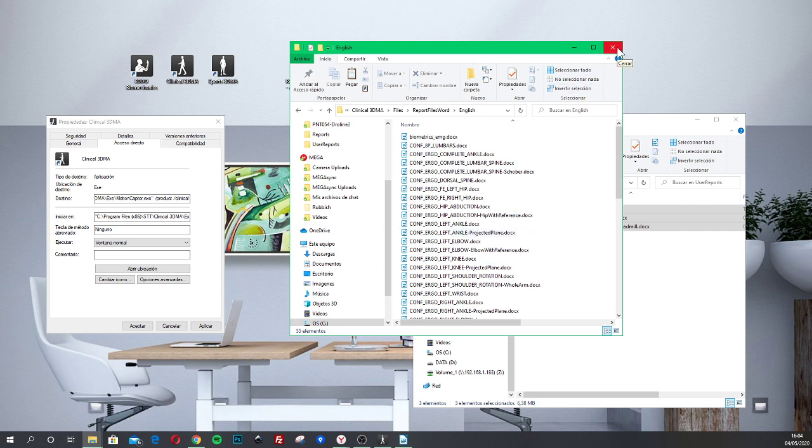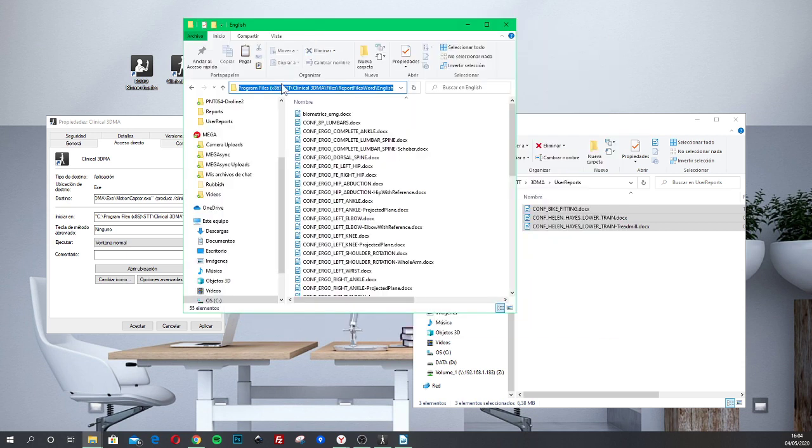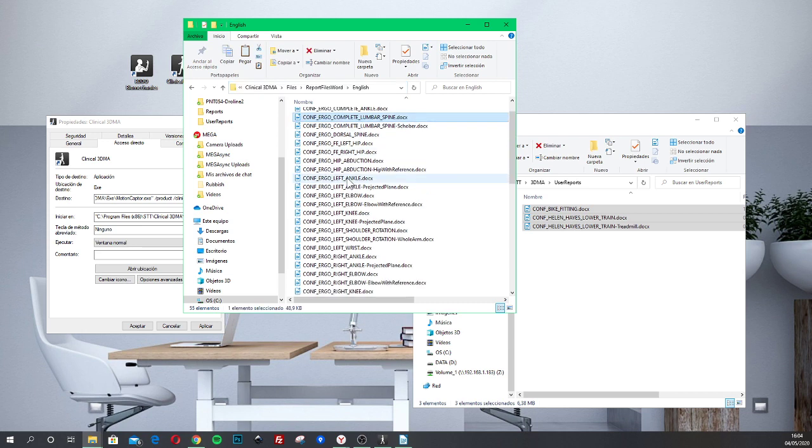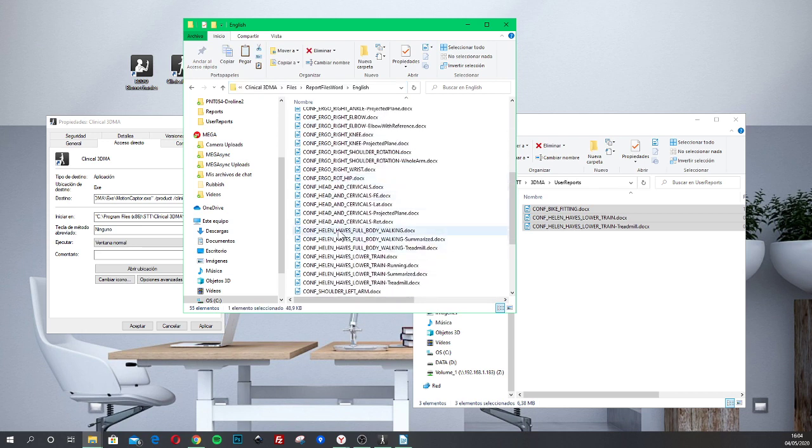So we need to copy the template we want to customize from this folder. This is the installation folder of the clinical or cycling or 3DMA product. So from this folder, we need to look for the protocol we want to edit. In this case it is Helen Hayes lower train treadmill. We need to copy that one